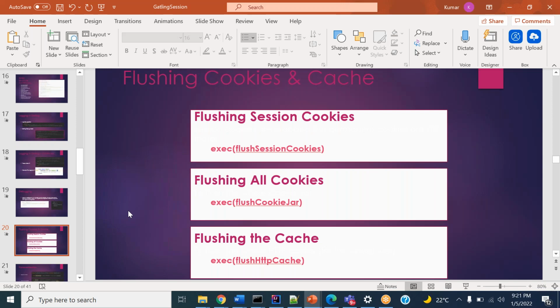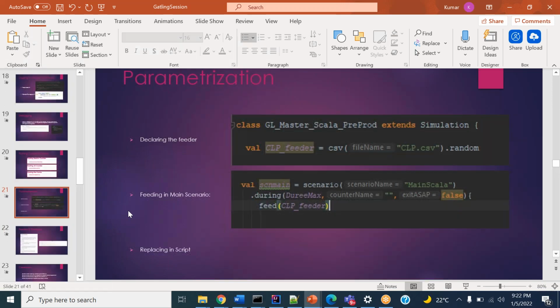Yes, I am from the JMeter background. Yeah. So we have the predefined functions here. We don't have to worry about that. Again, we have the parameterization, that is the most important module we have, and we have the correlation too. Basically, we don't have any options for parameterization over there. We have to do it manually.